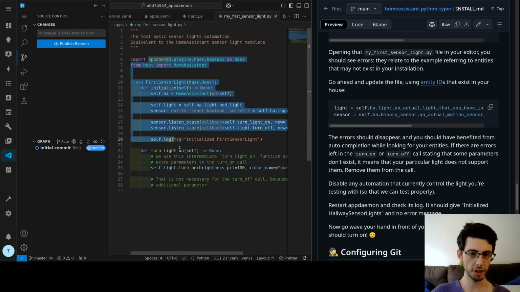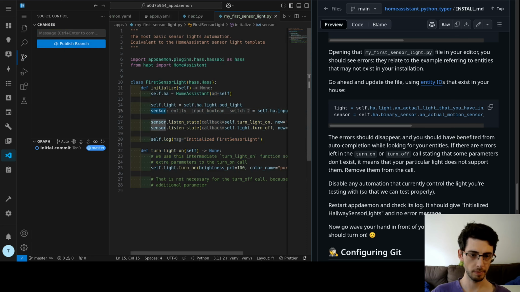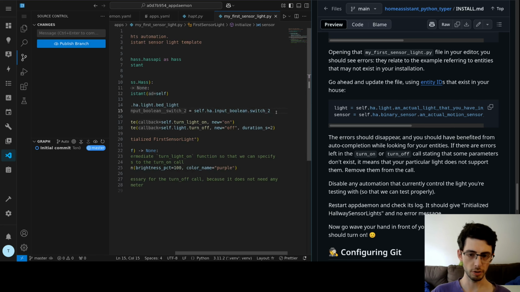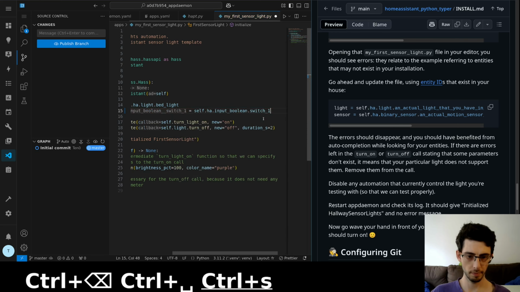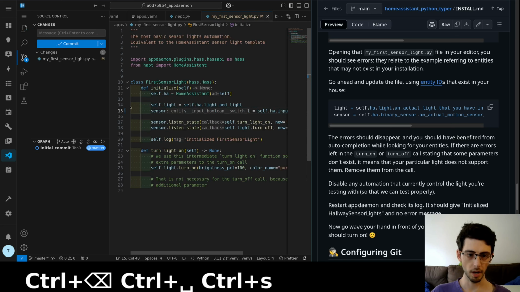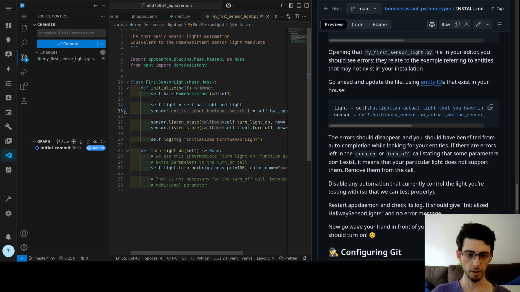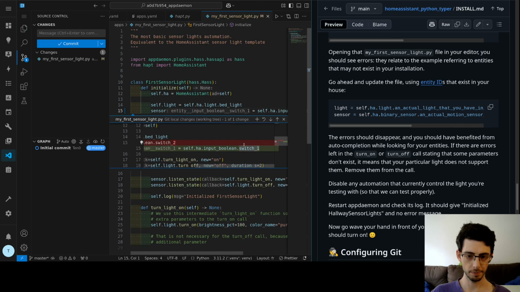Now, if we make more changes to our app, Git will enable us to track them. For instance, if I were to change the switch that I'm using, I would have this notice here telling me, you have changed this line.